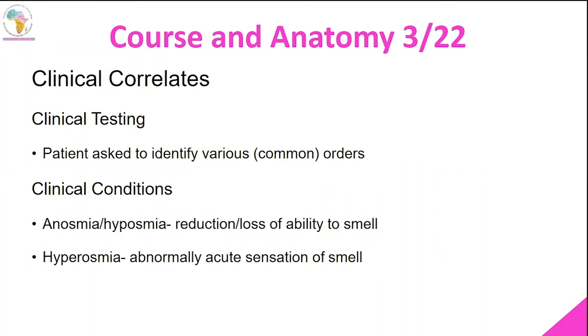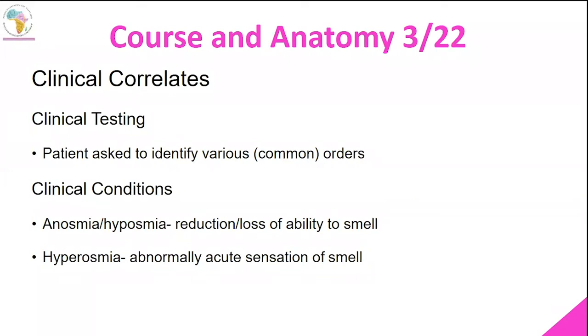So the clinical conditions that are relevant under this include anosmia and hyposmia, which are basically reduction or loss of ability to smell. This is associated with different conditions, with the differentials being conditions such as nasal polyps, viral upper respiratory tract infections such as COVID-19, chronic inflammatory sinus diseases, as well as frontal and occipital traumas to the skull base. These are associated with damage to